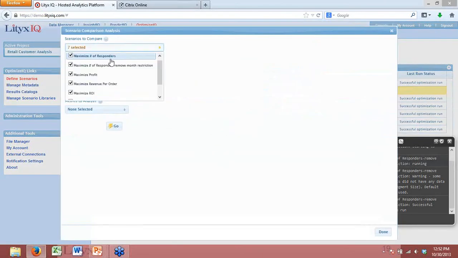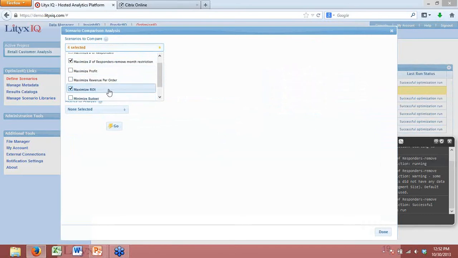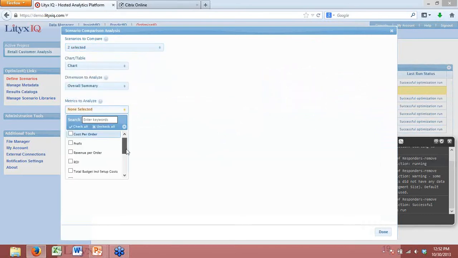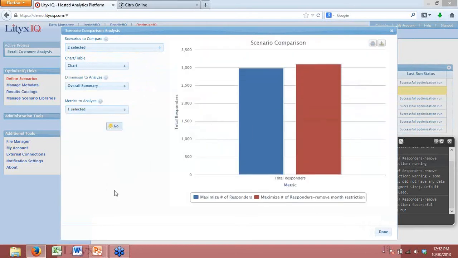of just these first two scenarios. Go ahead and get rid of the other ones. And let's just look at that total responders metric. It shows that if we turn off that restriction on the months, we can generate, it looks like a little over 100 additional responders. And if I view that by period